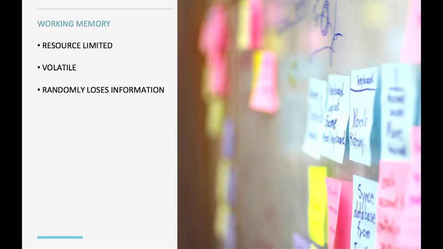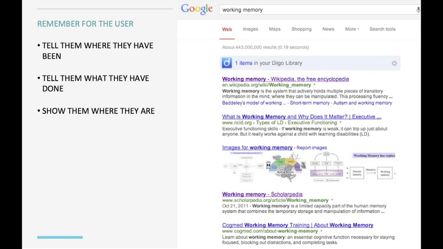So we can't expect our users to remember what they've done or where they've been, because that information may well be just gone. Okay, and what can we do about that? Well, we can tell them where we were. We can tell them what they've done. Because you know who are notoriously really good at remembering things? NSA, no, I mean computers.